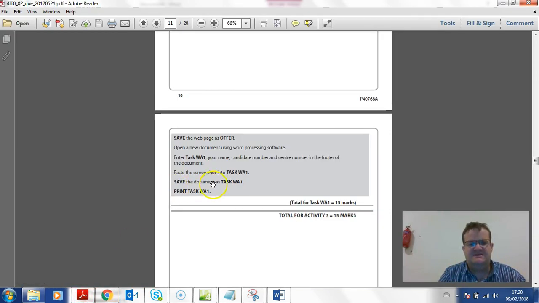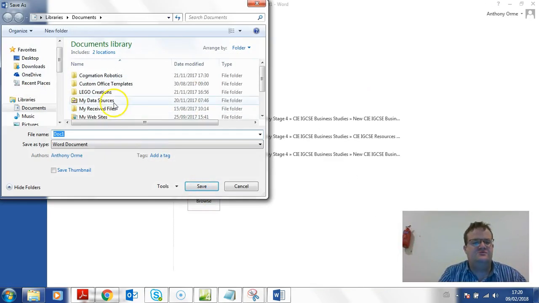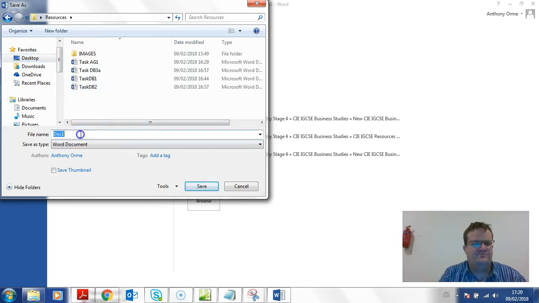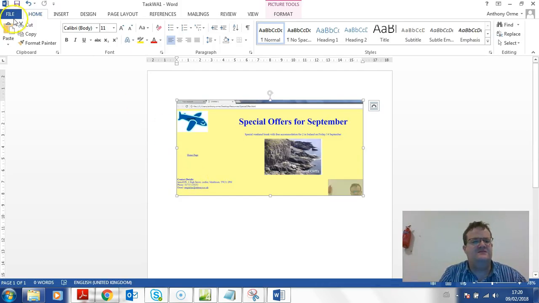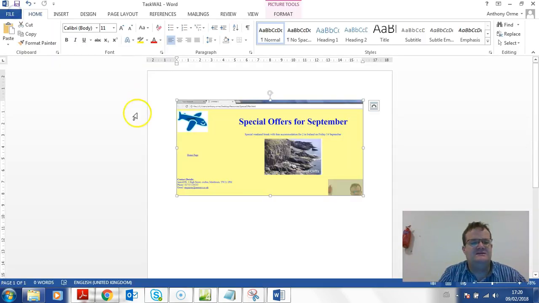It then says save the document as task WA1 and print it. So I go File, Save As, and of course we save it in WA1, task WA1. And then finally, you go File and Print. Boom. That is task